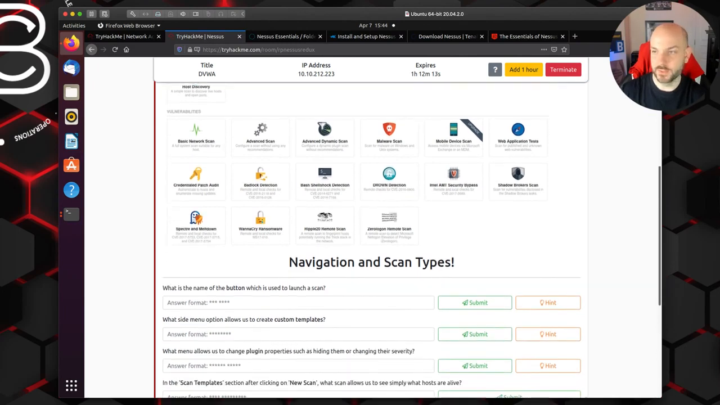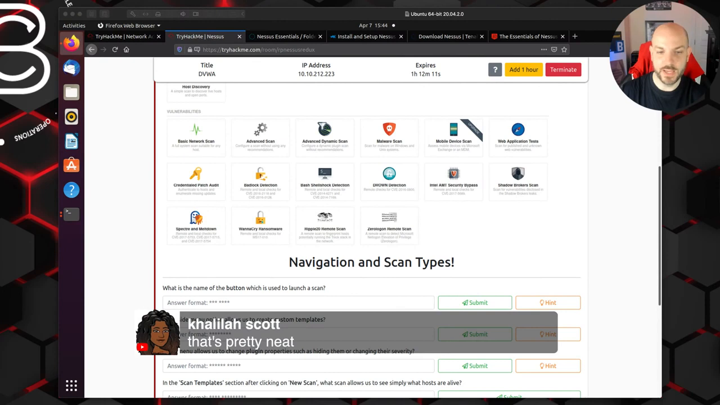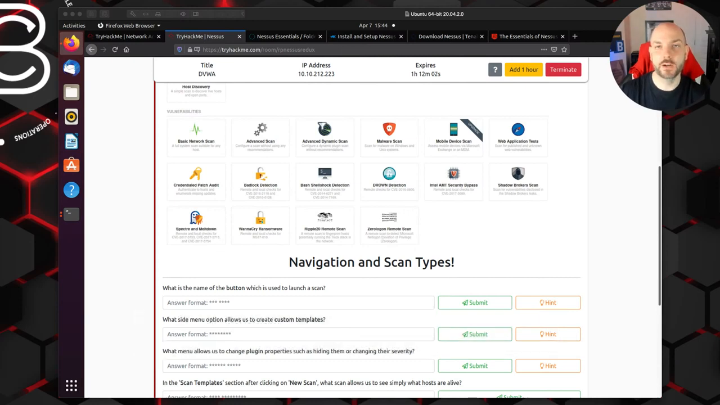All right, let's see. That's pretty neat. Yeah, I mean, it's helpful. It's a lot easier than going box to box. I mean, think about this. If you have a Windows environment, and depending upon the type of